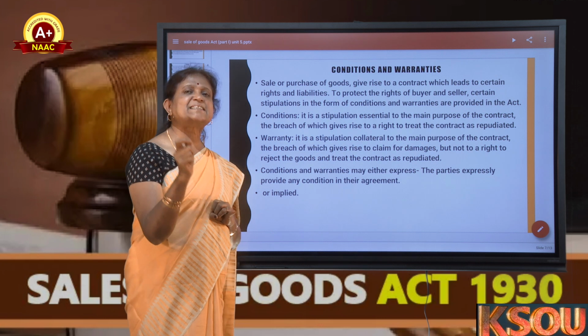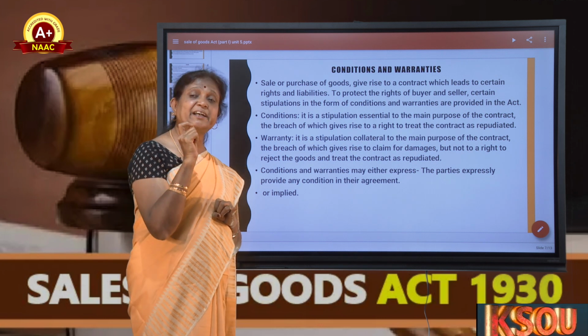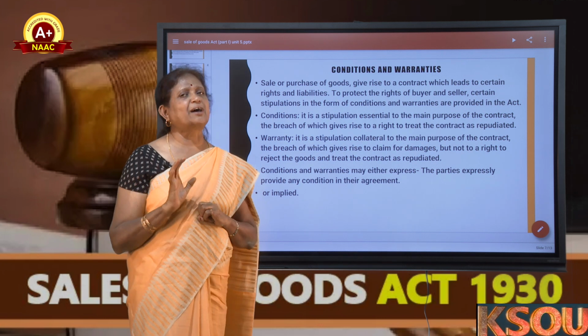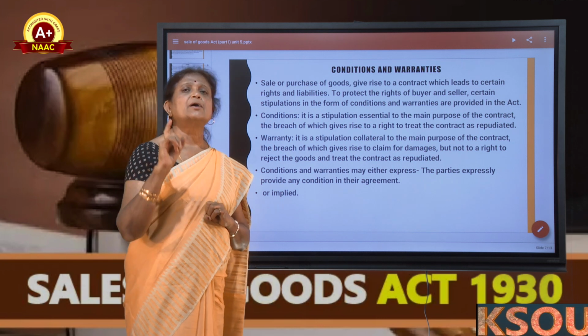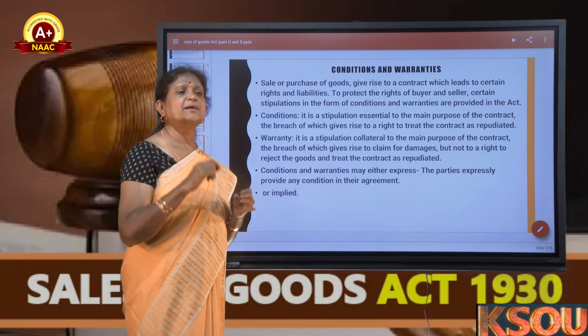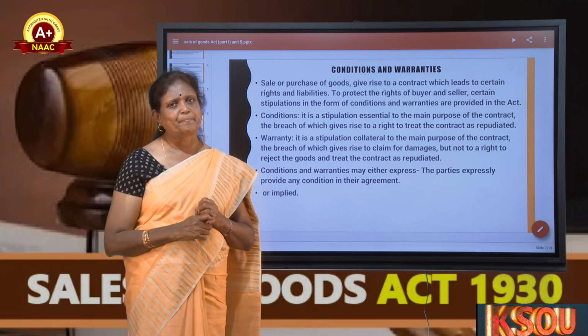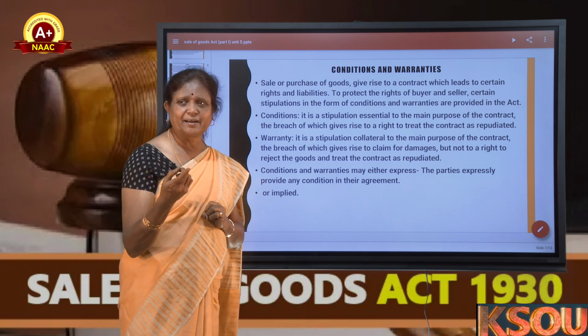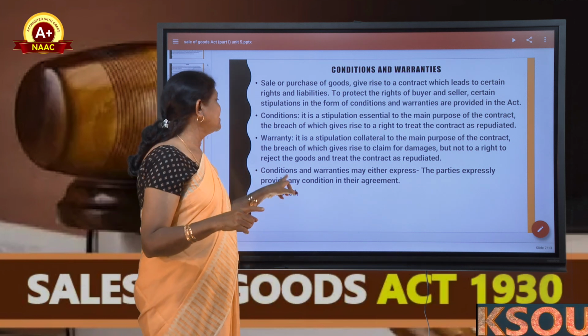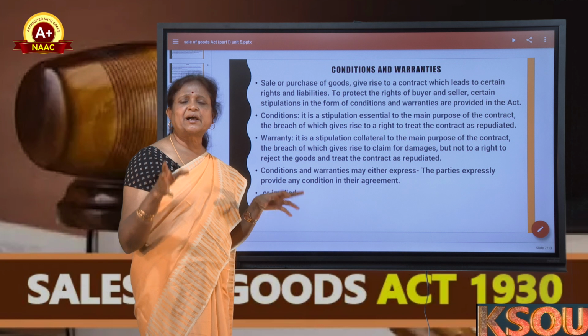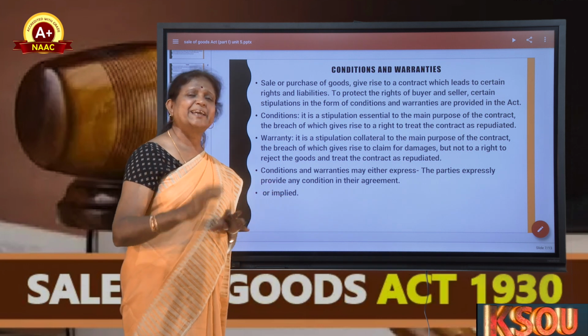So the purchase of a red sari is a condition essential to the contract, and delivery before the marriage is also essential to the contract. But payment for the sari is a collateral, because payment can be made even after the